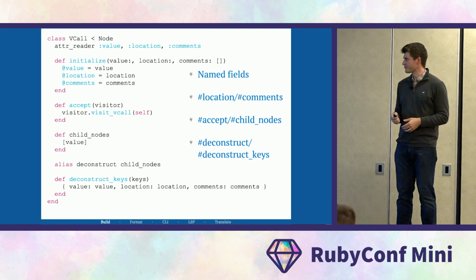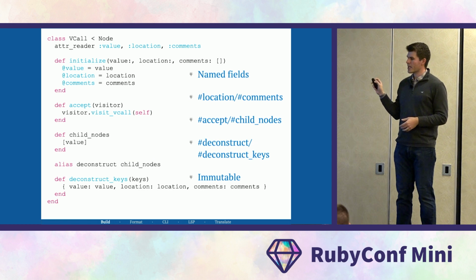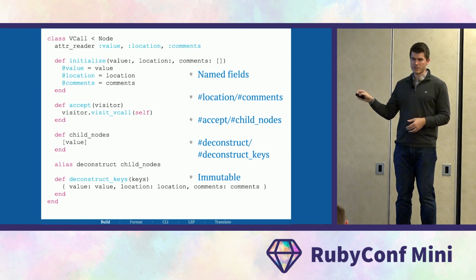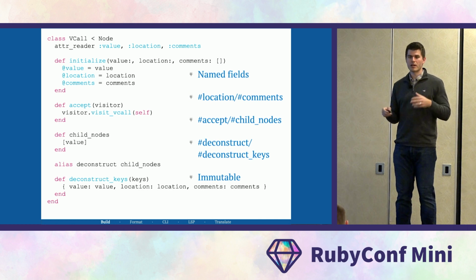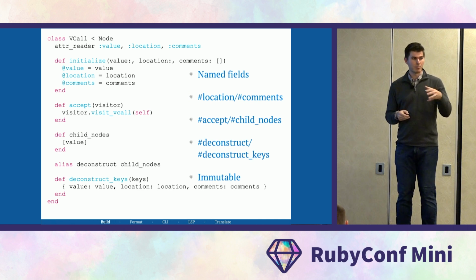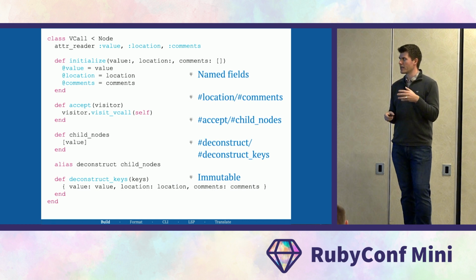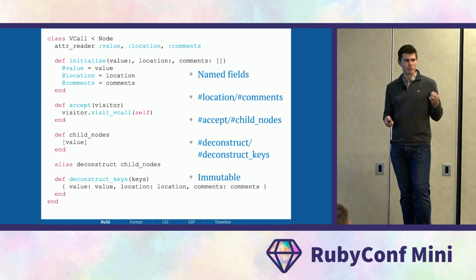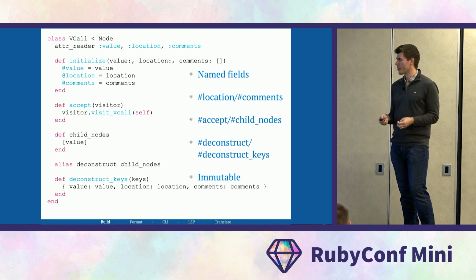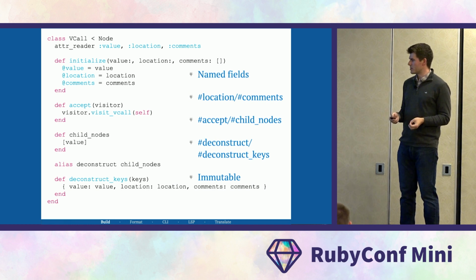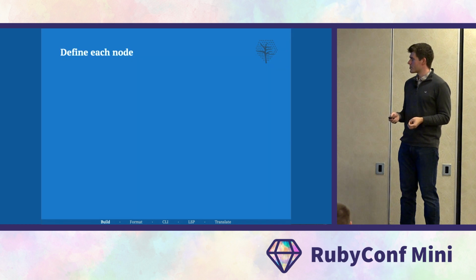everyone should be using. Finally, the last kind of important point that I want to talk to you about is that these things are immutable by default. These use attr readers. They are not meant to be mutated in place. And there's a lot of reasons for this, but one of the reasons is if you want to mutate these things, I'm going to provide a better interface than just calling .value equals, because that's a little bit harder to reason about what's actually going to happen. I also want this to be able to be used in reactors. So,